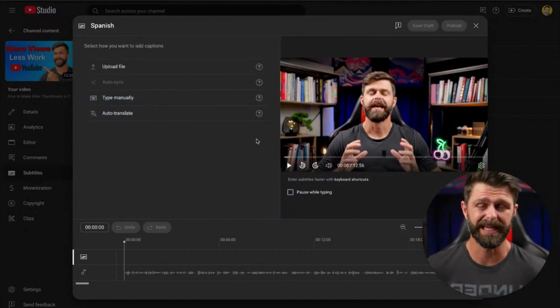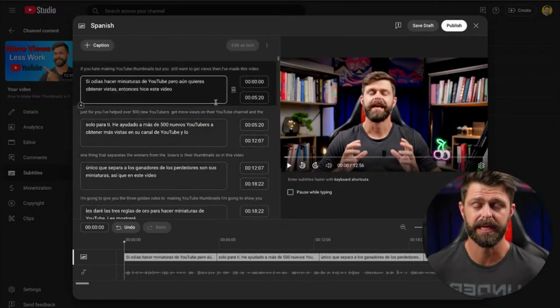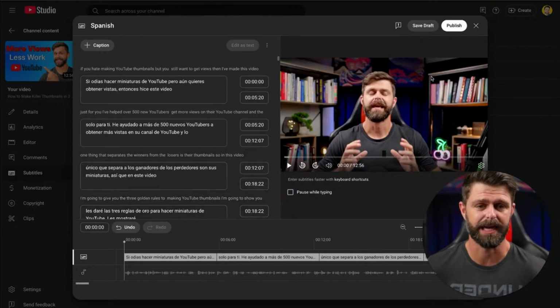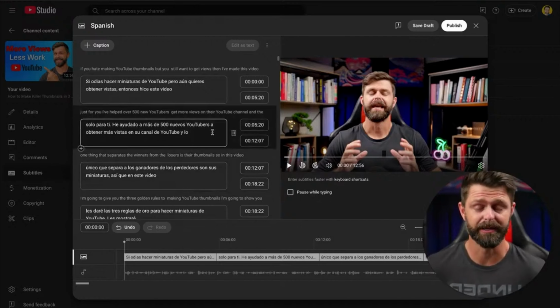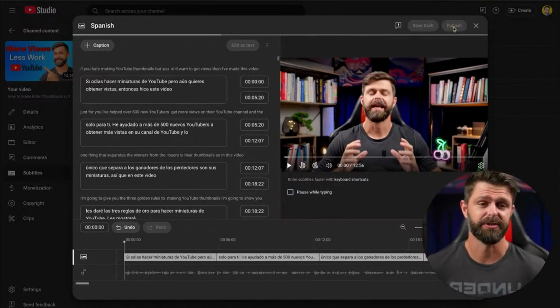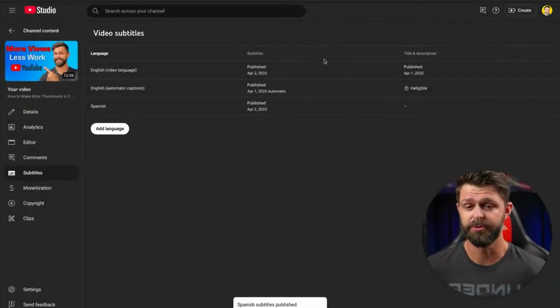And if you've got your English closed captions sorted out there, then you can auto translate those closed captions and it'll stay within the same timing that you've currently got. If you are good in this language, then you can check that the interpretation or the translation has gone according to plan as to what you're actually saying. We're not that sharp with Spanish, so we're going to trust that the translation of YouTube has done a good